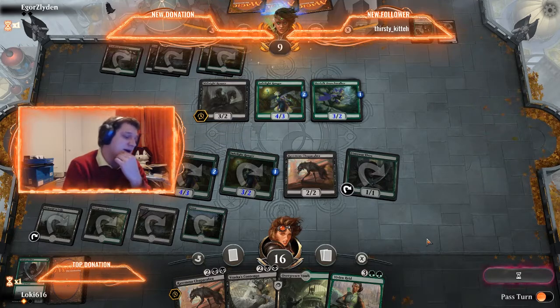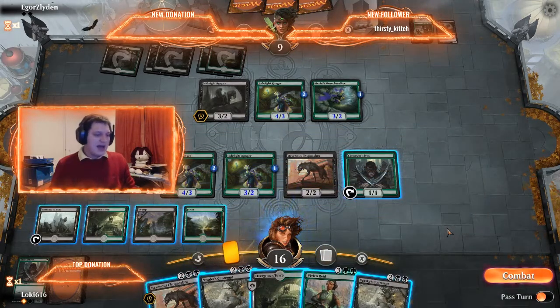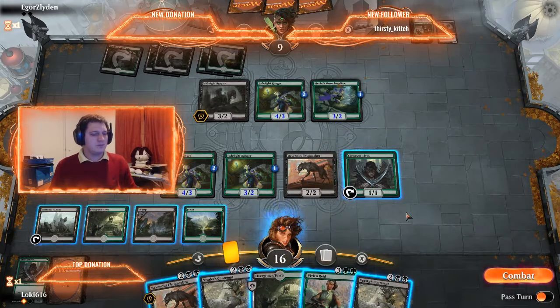Another Midnight Reaper. Again, I think we're just Chupacabra-ing that away. And then sending with the team. That's a really good draw. Oh, wait a minute. Oh, no. If we attack with the team, they just, like, block. They draw 3 cards and they lose 3 life. Yeah, I'd rather...